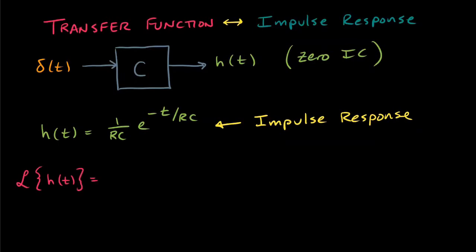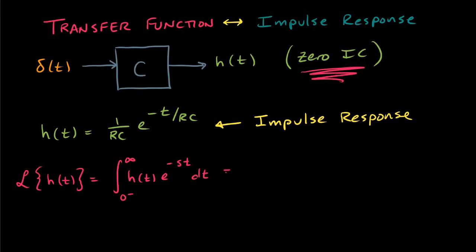Well, to remember the definition, it is the integral from 0 to infinity. I don't have to worry even about my 0 minus. I'll put it there, but we're assuming 0 initial conditions, so I'm not going to have anything at 0 minus, but that's okay. So that's going to be the integral from 0 to infinity of h of t times e to the minus st